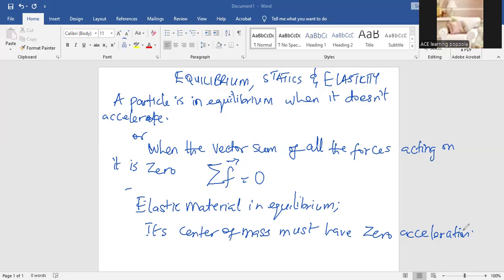Acceleration happens when there is unbalanced force acting on an object. So for an elastic material to be in equilibrium, its center of mass must have 0 acceleration. That is, the vector sum of all external forces acting on that body in all directions, for now the XYZ direction, must be 0. This is the first condition for equilibrium